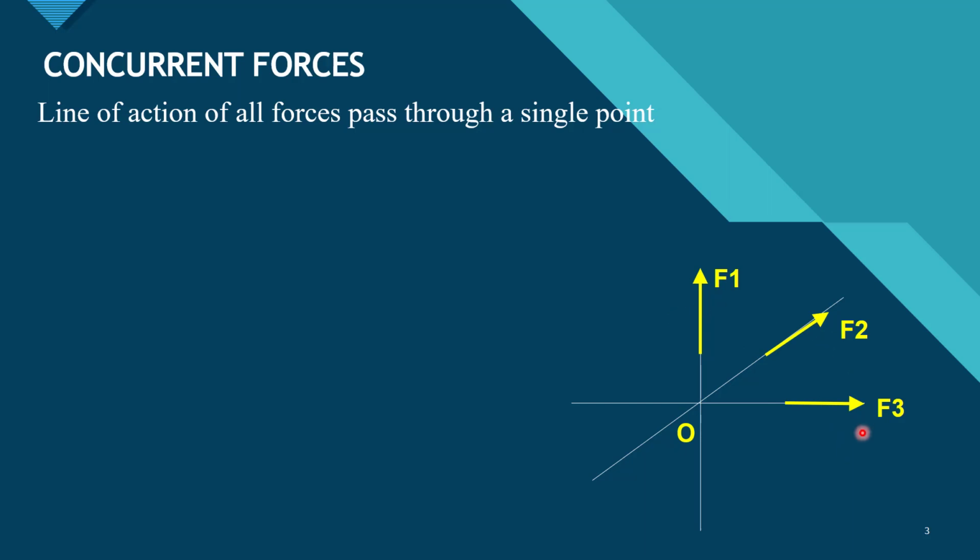Now my next question is, is it possible for replacing all these forces by a single force so that the effect produced by these three forces on the object will not be changed? Yes, it is possible. So if we can replace all the forces by a single force in such a way that the effect produced by all the forces on the object is same as the effect produced by that single force, then we can call that single equivalent force as the resultant of these three forces.